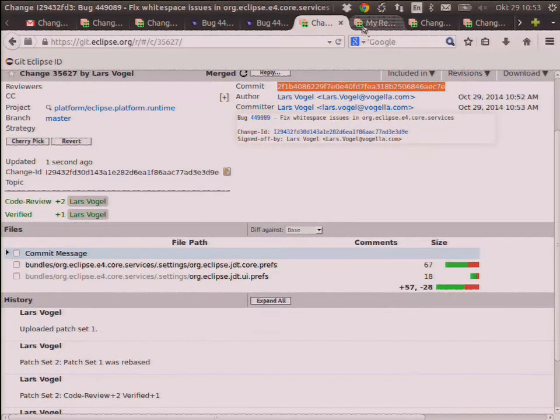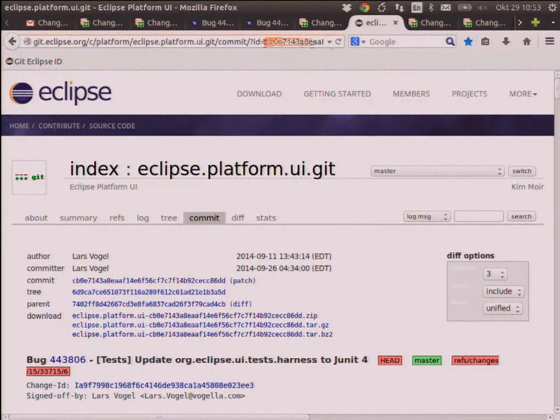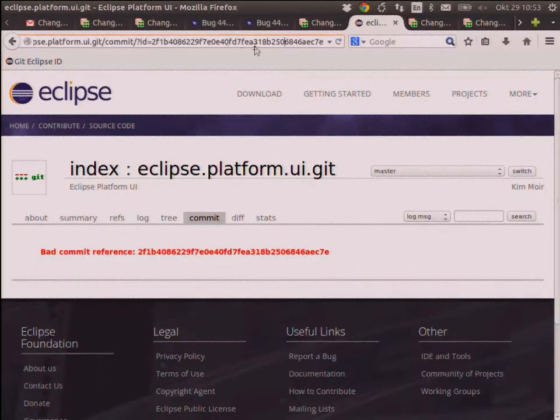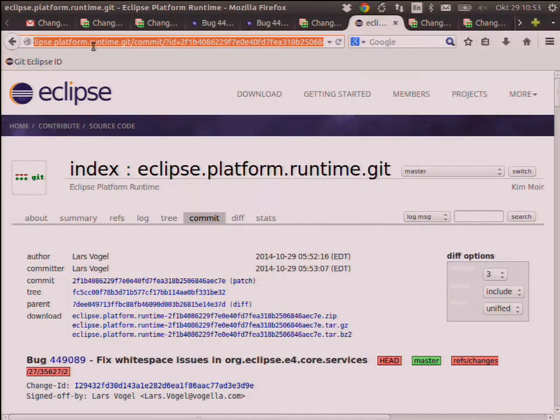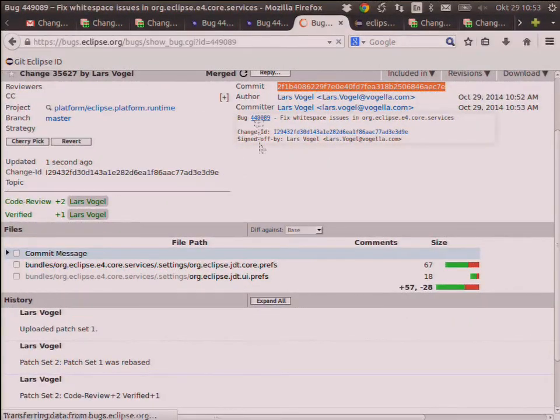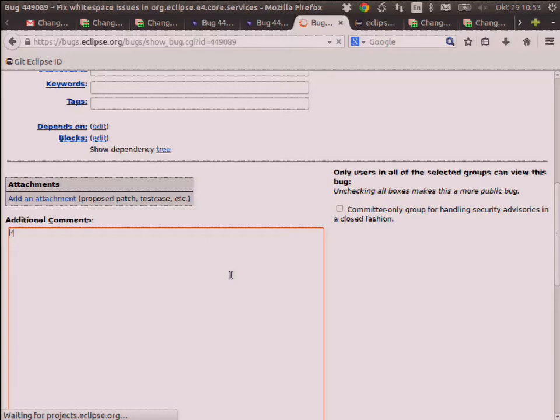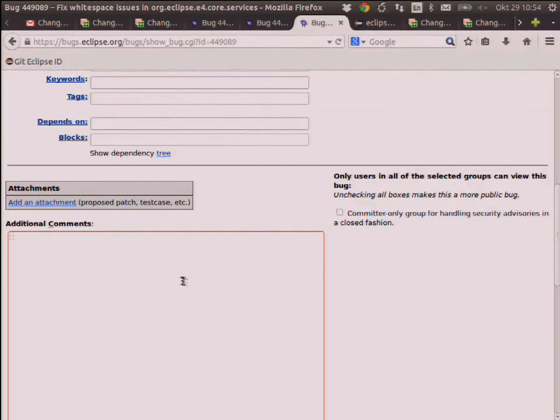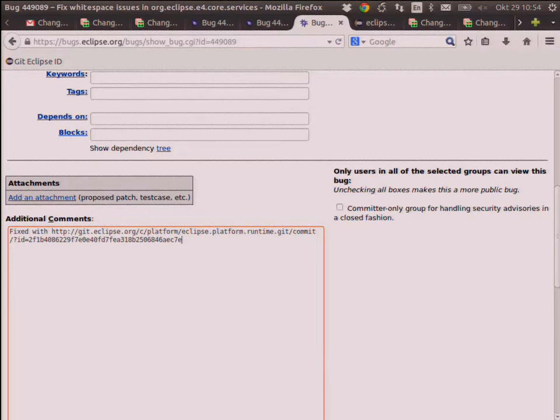So I take the commit ID, and basically, so that people can see what I did, this was runtime. I go to a web UI which we have, get the URL to that, and I go to my bug report, and say merged, fixed with commit. And the idea here is that we put in the commit ID with the web link so that you, as an interested party, could actually look at the code change, right? So that you learn something from what we did. We do this not for us, it's just really for you.